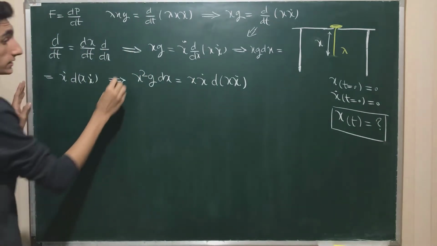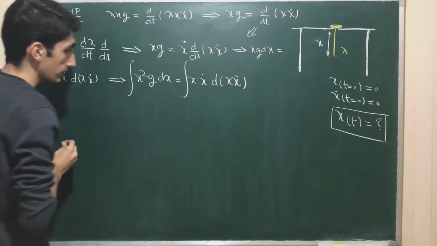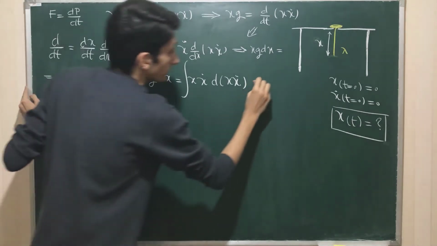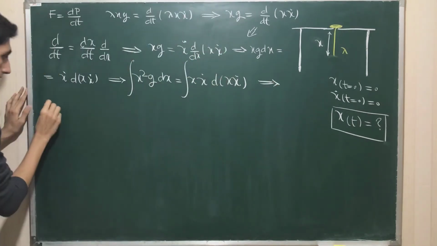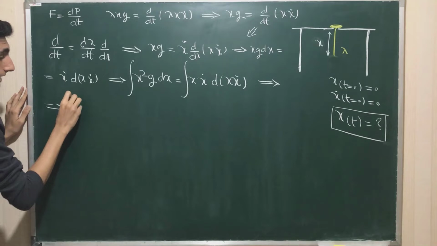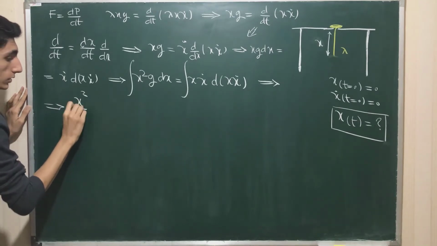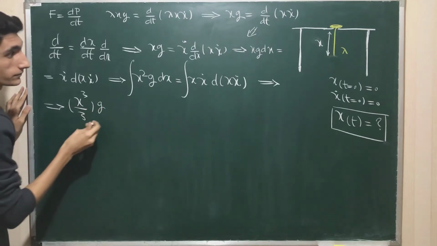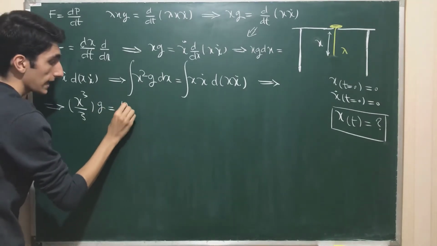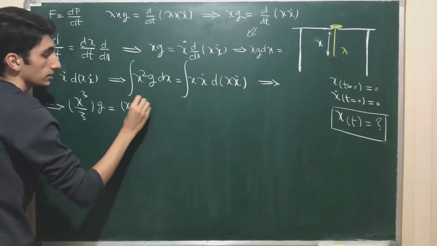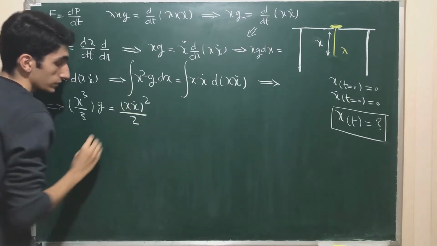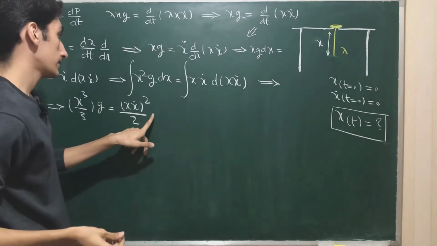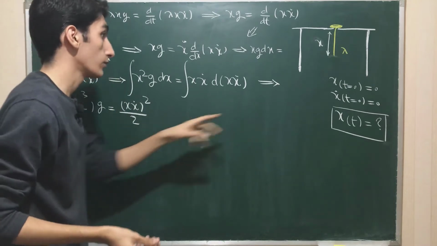So now if I integrate both sides of this equation, what I would get would be x cubed over 3 times g is equal to x times x dot squared over 2 with an integration constant which is 0 because of these